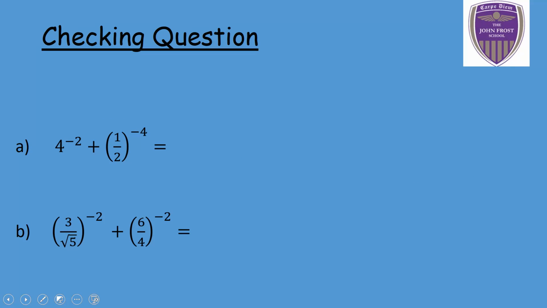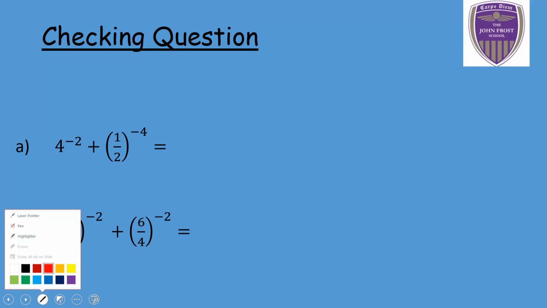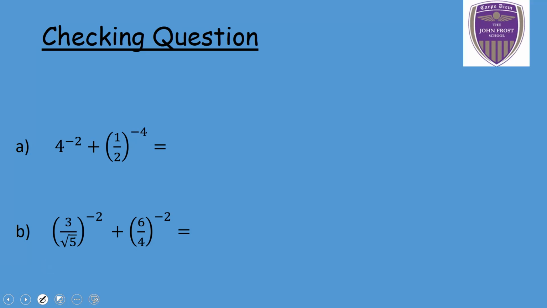Right, so our checking questions now. For the first one, you should have seen that we get 1 over 4 squared plus 2 to the power 4 over 1. It's 4 squared, even. So we should have ended up with